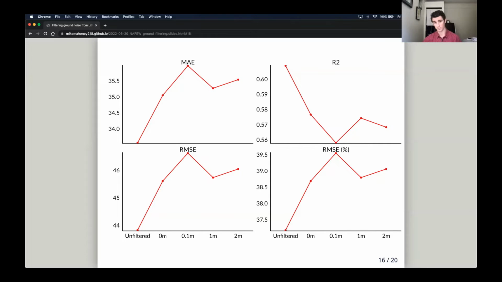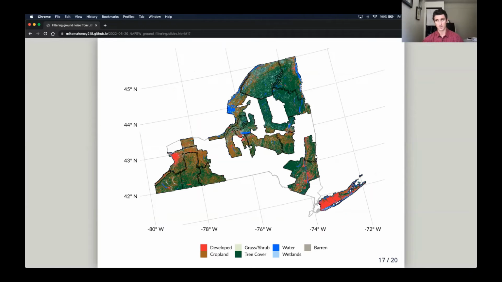So that's our first objective. Ground noise filtering does not help models of forest above ground biomass in this context. And if anything, it hurts it. So our next objective, the second objective, we looked at how changes in accuracy were associated with things like edge